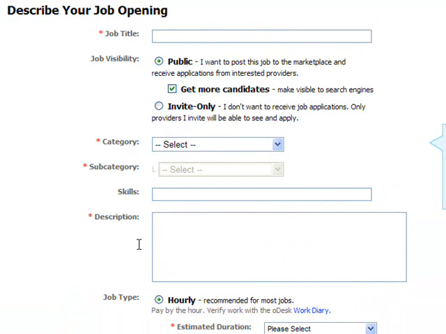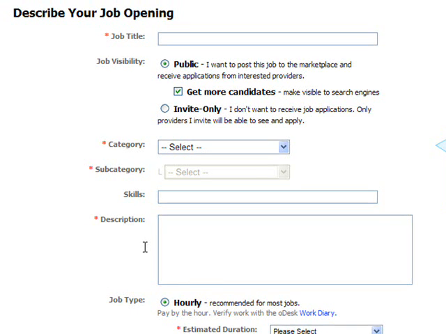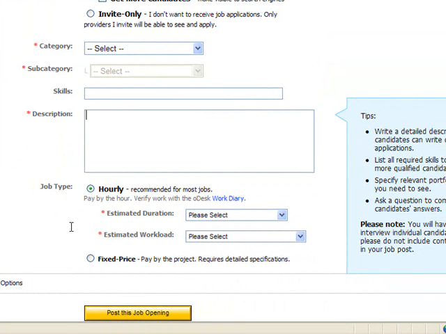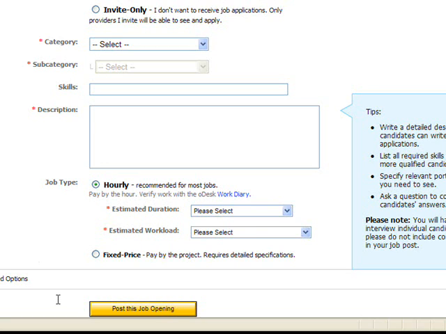So you go ahead and document the skills that you're looking for, and then here you would give a detailed description about your project. So I'm looking for somebody 5 hours a week to handle outbound sales calls for me, telemarketing, whatever your requirements are. And depending on how detailed your requirements are, you could actually add an attachment to further describe it. Whatever as detailed as you want to be is going to help you in your responses and in